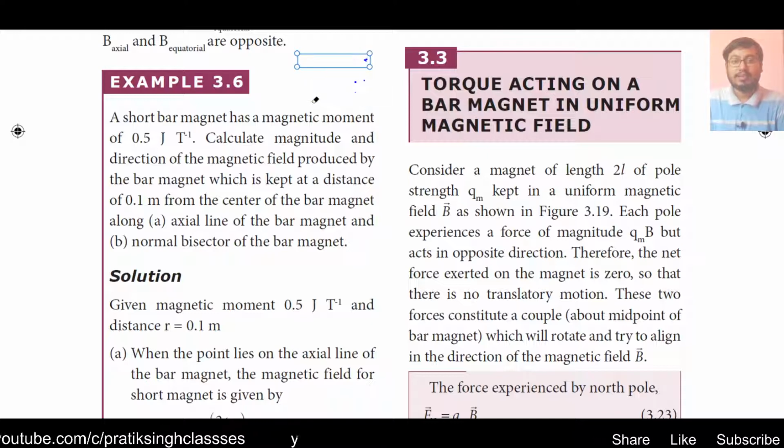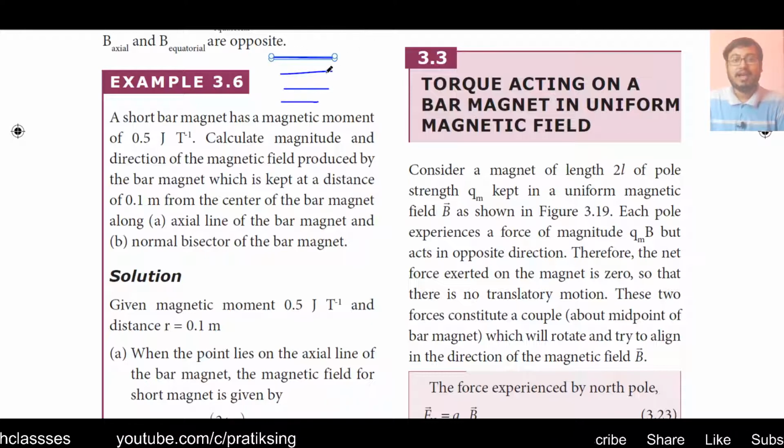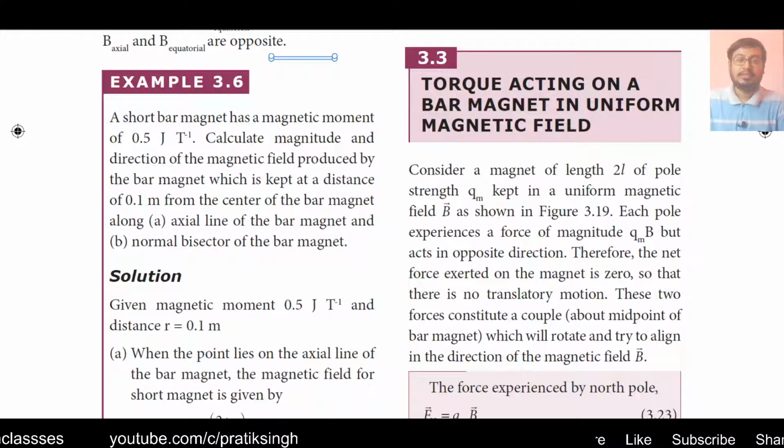We will see here. The same thing we have seen when we were studying electrostatics. There we have seen that when we have a uniform electric field and we have a dipole, then how much torque is experienced. So topic 3.3 will be the same with regard to magnetism. If you compare the formulae for electrostatics and magnetism, it will be the same in comparison. So let us start our today's video.